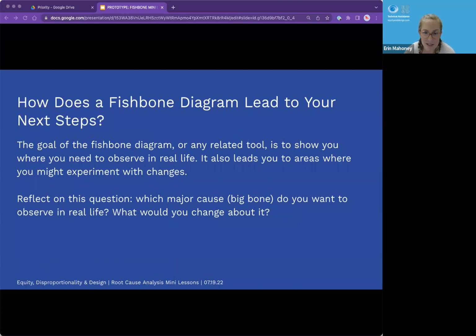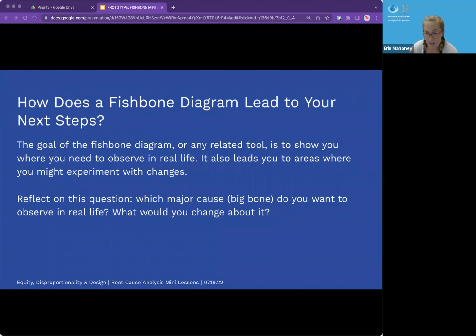Now, do we at ED&D or even within this work expect you to take every cause that you found? Absolutely not. Pick some ones that are reasonable and that you feel like you can accomplish, and we encourage you to continue that work as part of your plan and make some of those changes that you can. So